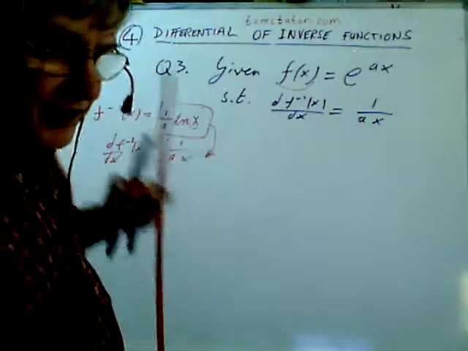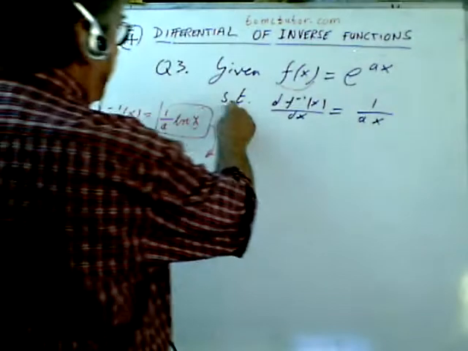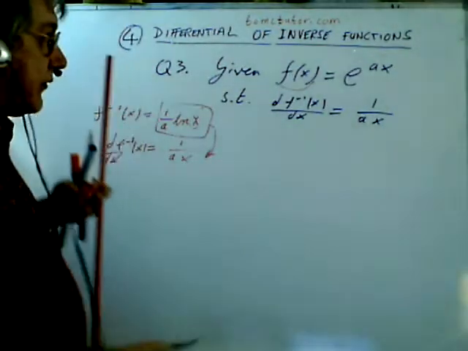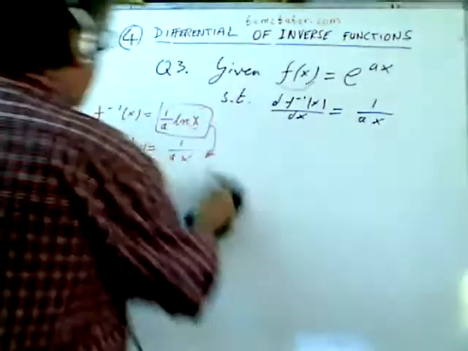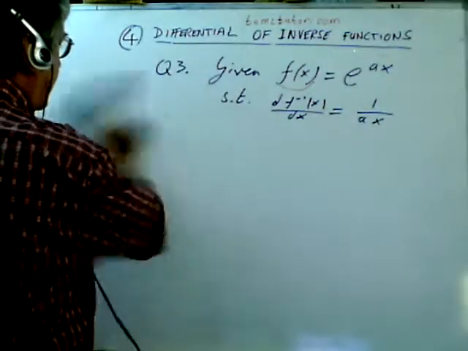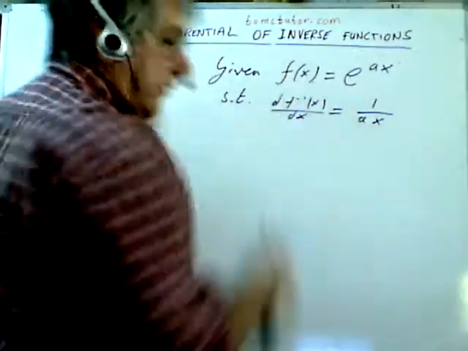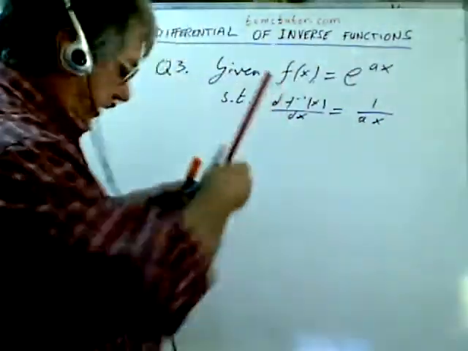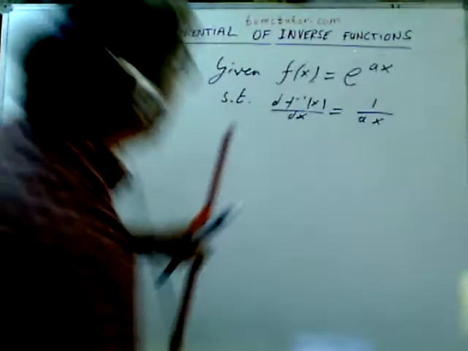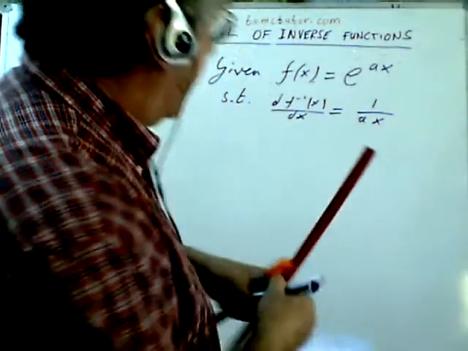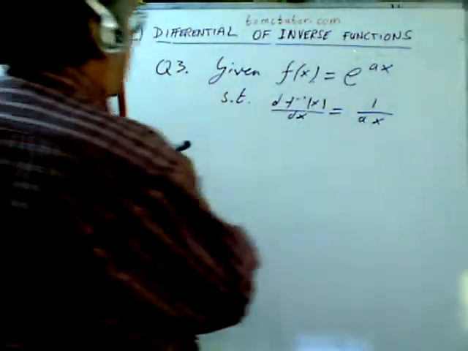Okay, in general, it's bad to do that sort of thing. You have to go directly from there to there. Now you might not agree with that, but let's see how we can get around this little dilemma, not knowing the ln of x is indeed the inverse function. So the way